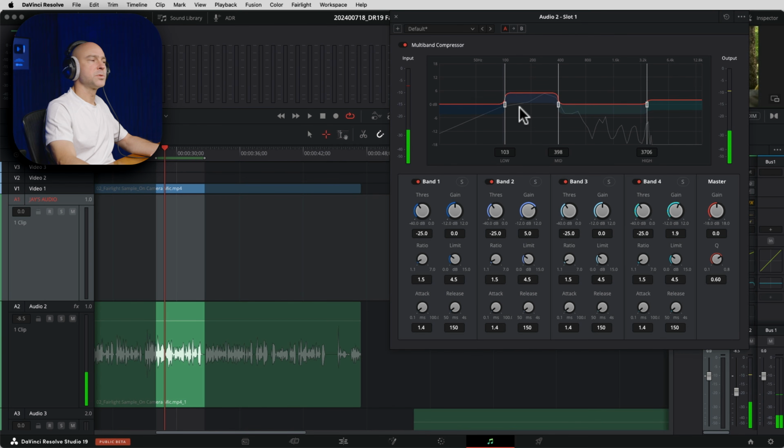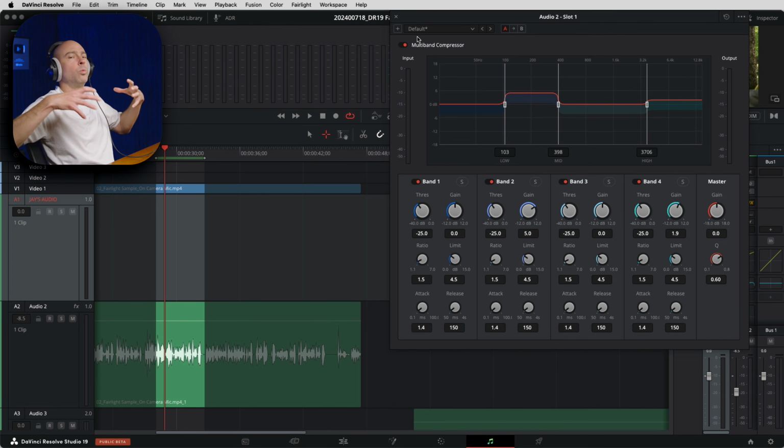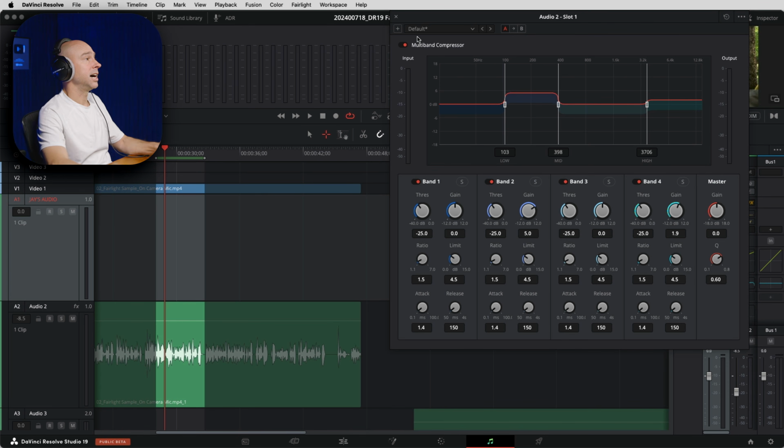There you go. That just helps apply a little bit of compression to different frequency ranges. You can make adjustments. Again, I've got videos on this in depth on how to work with it, as well as in my course I talk about it too. But a good handy tool to help bring back some warmth and body to those dialogues that you may be